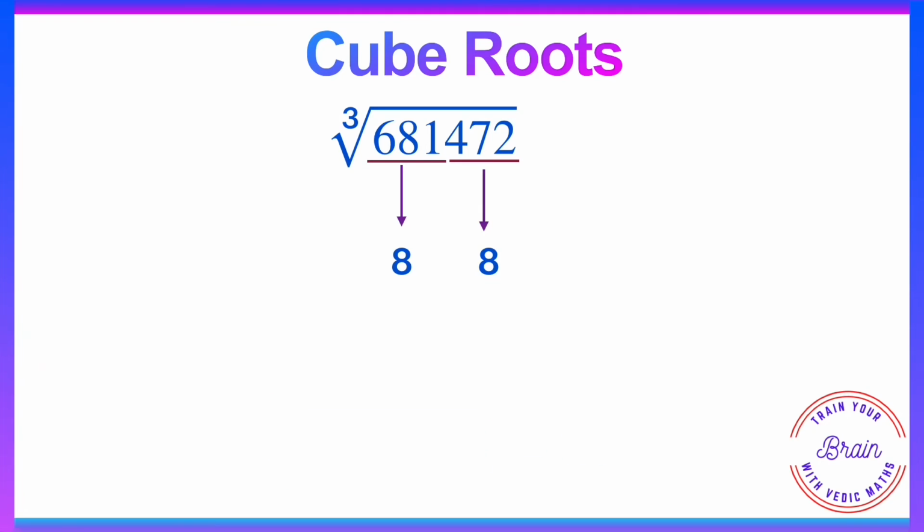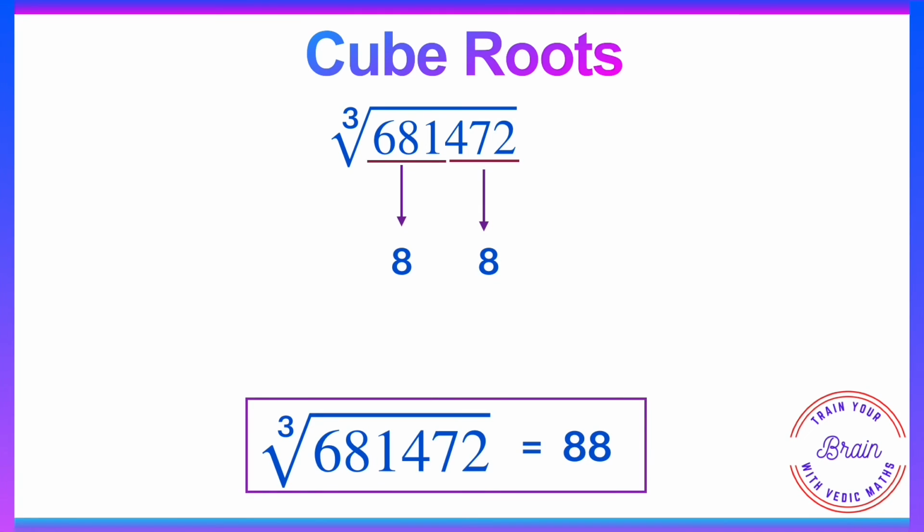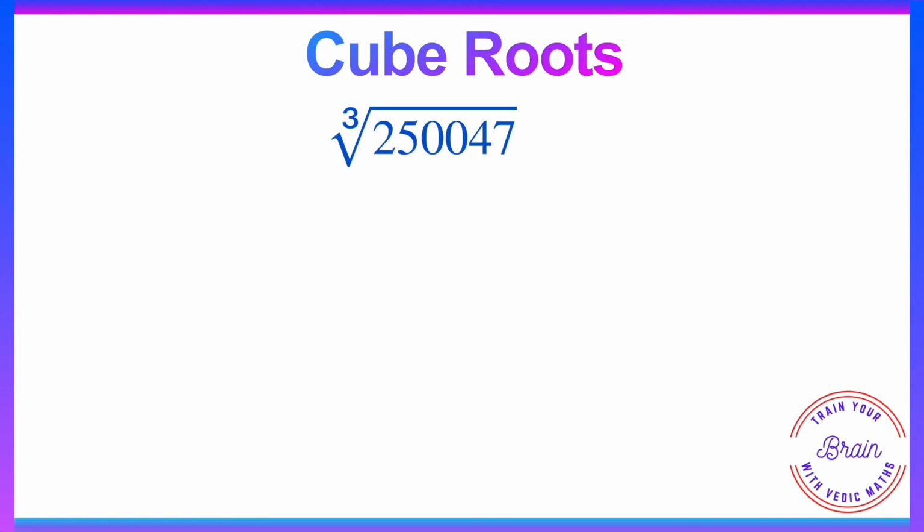Then the cube root of 6,81,472 is 88. Let's take another example. Cube root of